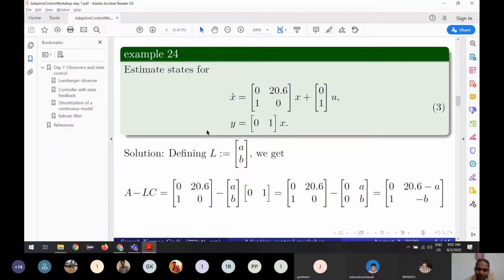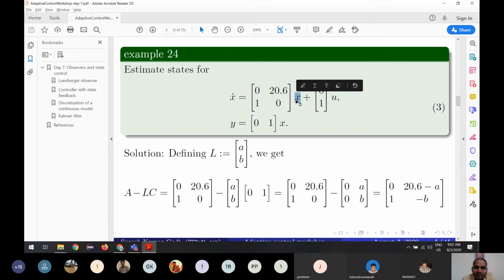But if the system is observable, even if your circuit is very complex and you can only measure one voltage at the end of the circuit, and you know the voltage you are giving at the input end, you should be able to measure current at any of the loops by using these observers. Why? Because you are trying to estimate X. X is all the states. If you write the differential equations, you can see some of the currents come in the states. Even if not, you can use some techniques to measure certain voltages, and then you can do small operations and get the current. So this is an example.